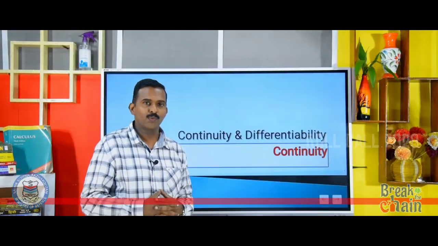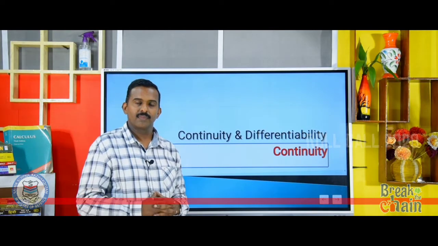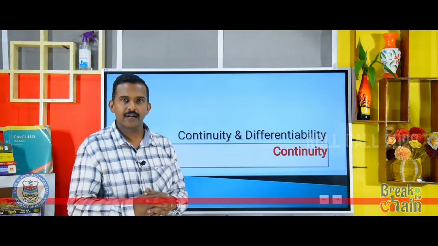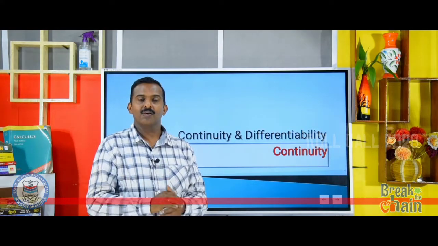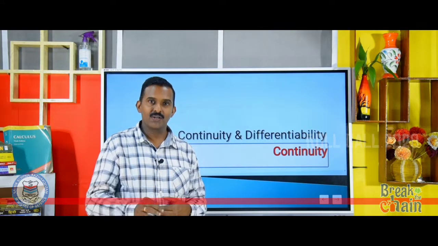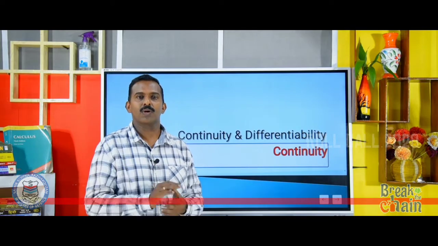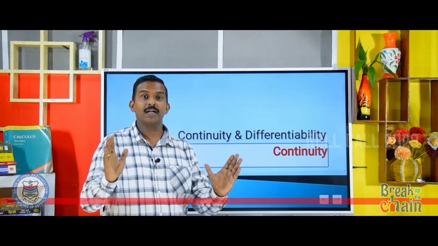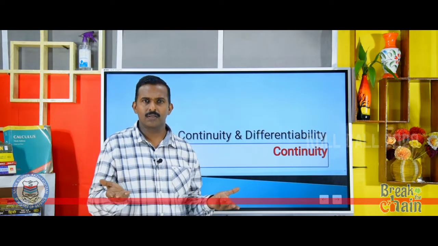With that example we almost come to the conclusion of the topic continuity. Now on the entire content we have told continuity of a function at a point. When will you say that a function is continuous? A function is said to be continuous at a point if the limit value is equal to the function value. That is the final definition of continuity. But if limit does not exist, surely it is not continuous.